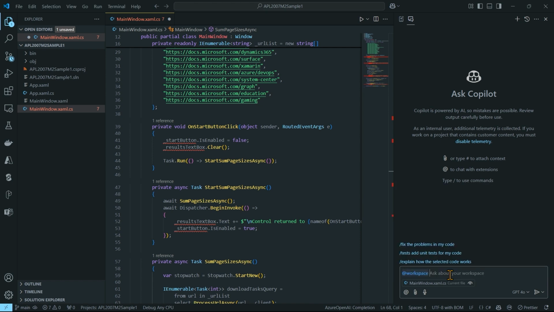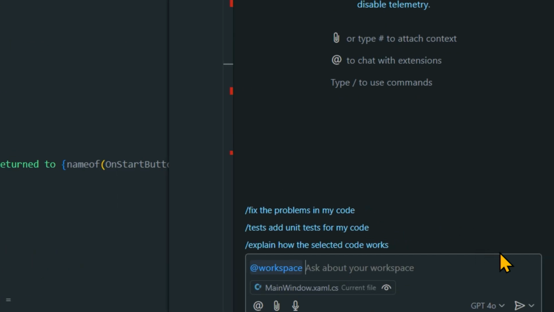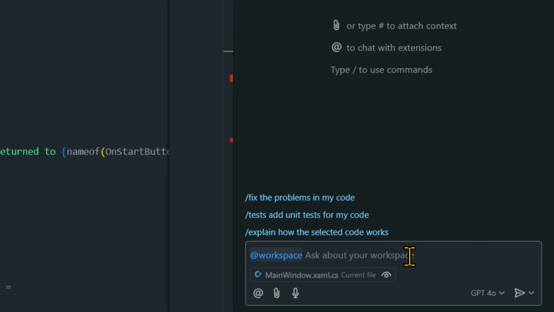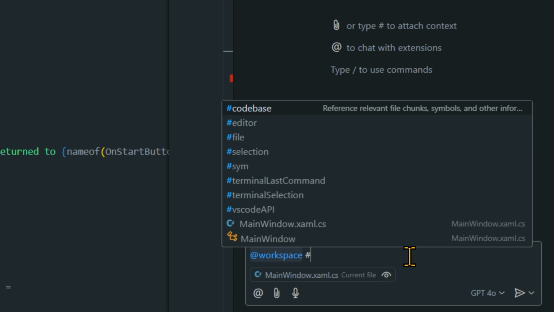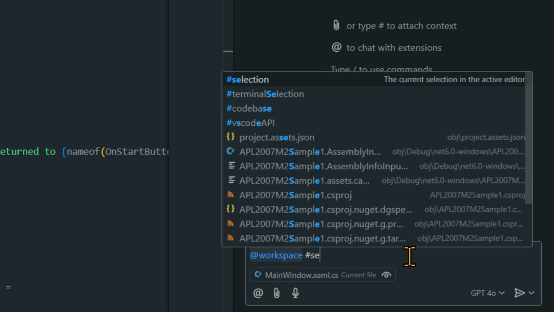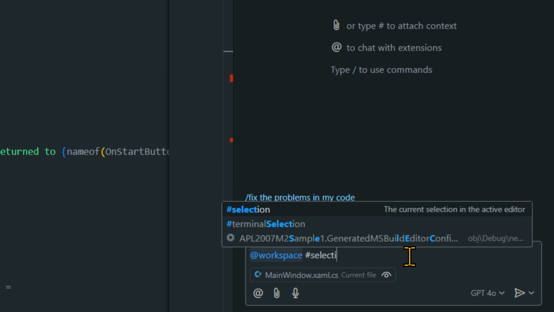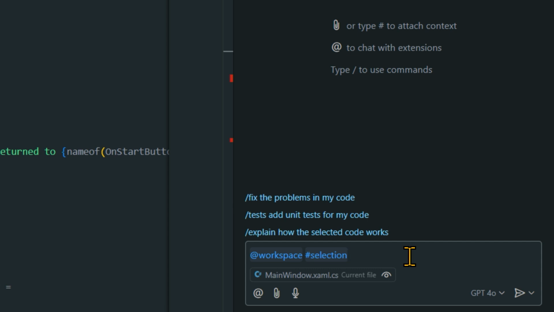And again, I'll make it a little bit bigger if you're following along, so you can actually see what's happening in that little chat box. So we could do something like workspace, and then using the hashtag selection. Although I didn't really select a specific part of the code, since I only have one file open, it would actually recognize that as a selection. And then from there, completing the prompt using natural language,